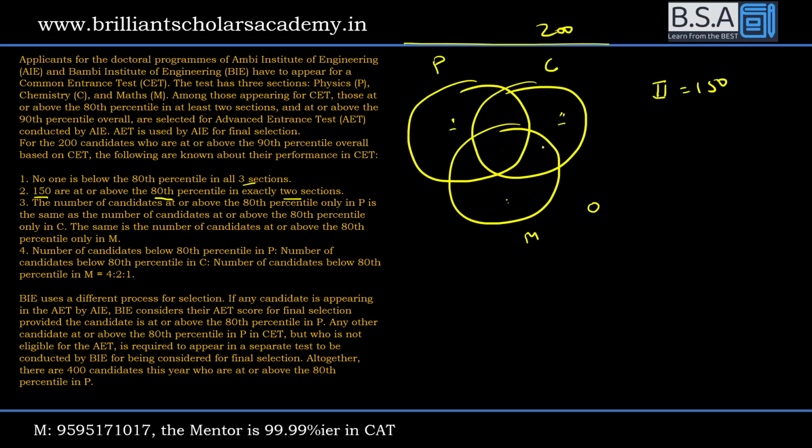That means ये और बीच वाले मिलाकर 50 हो गए. The number of candidates who scored 80th percentile or above in only P, only C, only M are equal. ये नंबर आपका बराबर है. This gives me an idea, बीच में भी एक नंबर आएगा, if I call it y, बीच वाला नंबर एक y